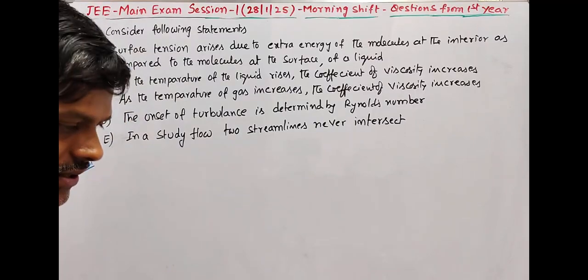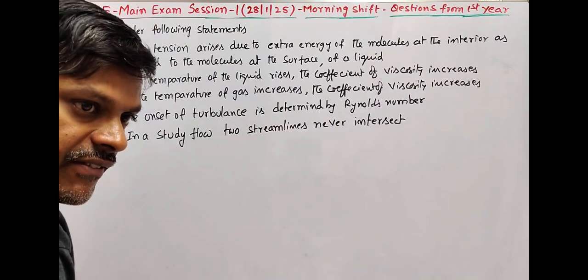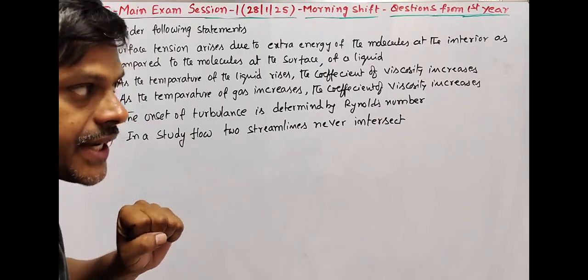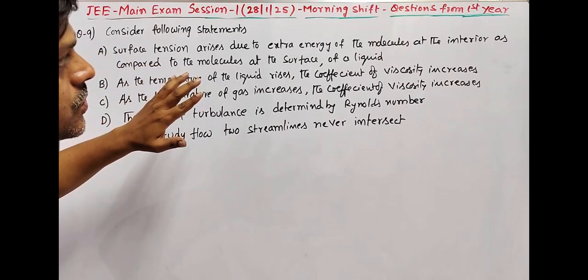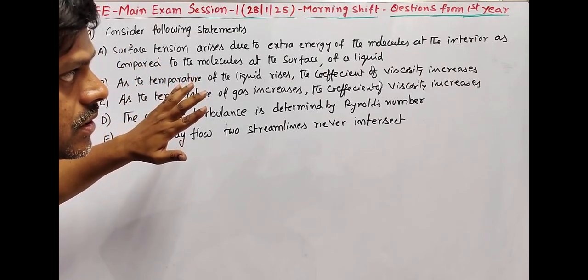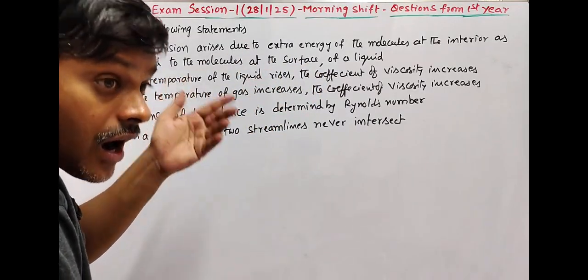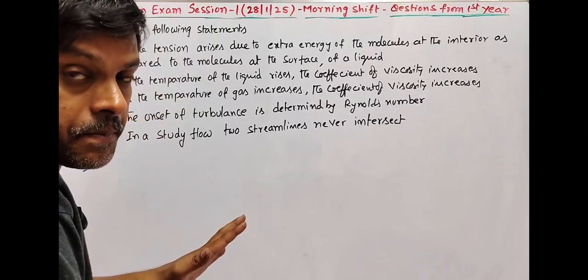What is surface tension? The free surface of a liquid acts as a stretched elastic membrane. So the surface tension arises due to molecules